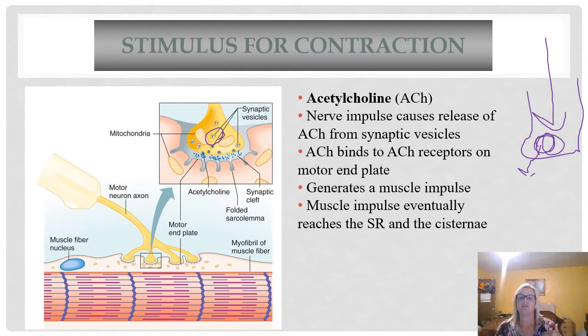the synaptic cleft. It's almost like a little moat around a castle. Okay, and so it's going to cross that synaptic cleft, which we sometimes also call a gap junction, and then it's going to bind to a receptor on the other side. So if this is the muscle on the other side, you've got a little docking receptor that will receive that neurotransmitter. Okay, so it's going to bind to the receptor on the other side, and that is going to continue